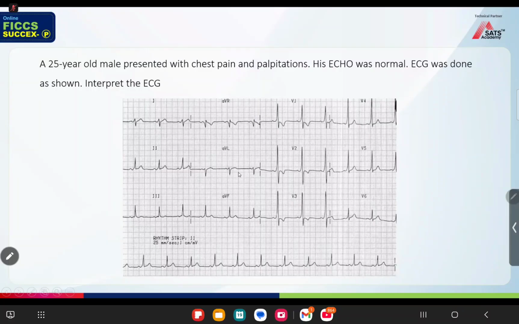So you start reading with the basics. How is the PR? How is the QT? How are the QRS complexes? The QRS complexes are narrow. There's a sinus rhythm, and the rate can be around 60, 65, and